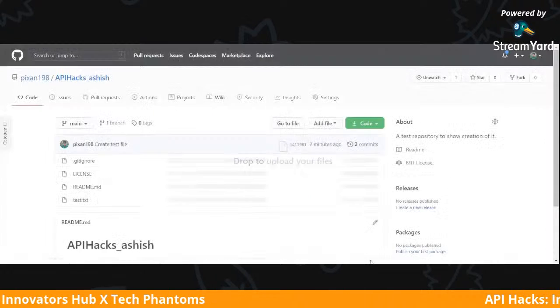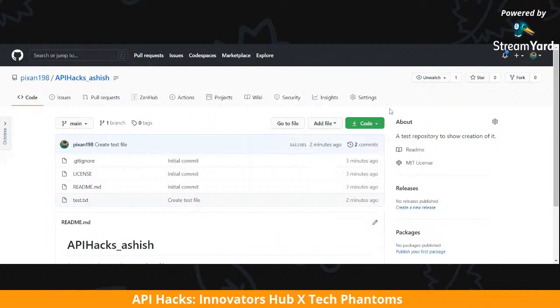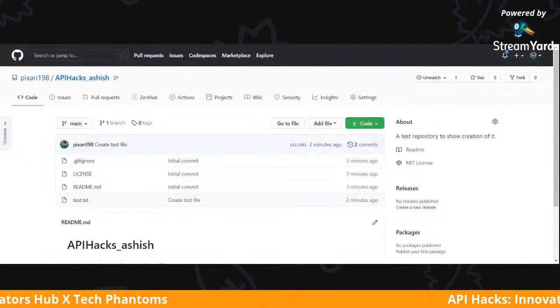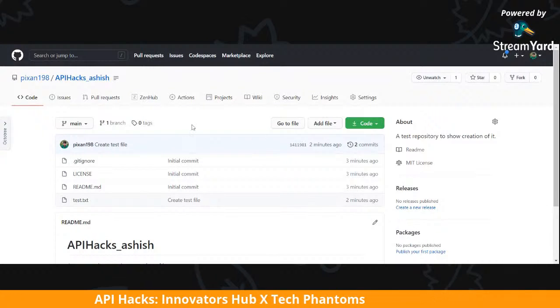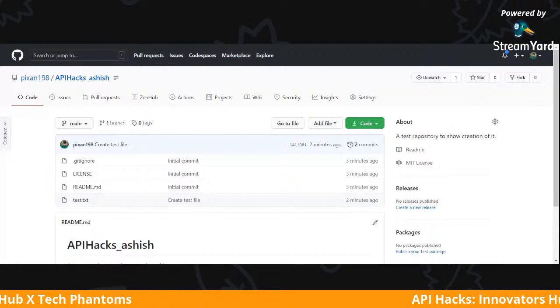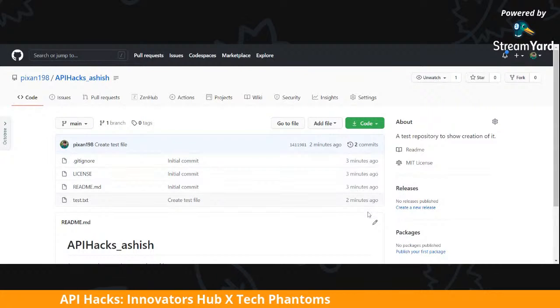So let's talk about the third way, which is cloning. Cloning is where you take a project which is hosted on GitHub, and now you are copying it to your local machine. Right now I am accessing this project from my browser window, so it is for sure not on my local machine, meaning I can't download these things now. So for that I'll have to clone it. When you clone something,